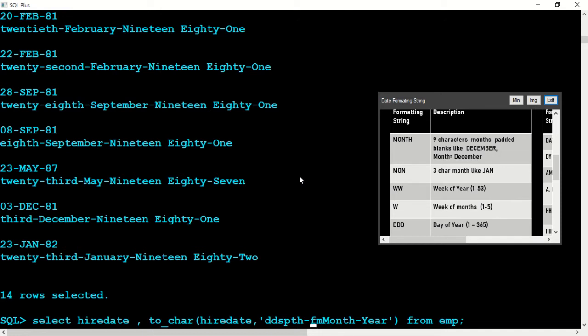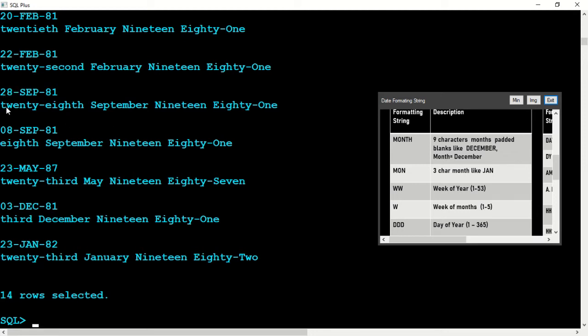So instead of this dash we don't put this dash, so it looks nice. Let's see, and instead of this also we'll remove this dash. So 3rd December 1981, now this is the correct way, right, 3rd December 1981 and so on.